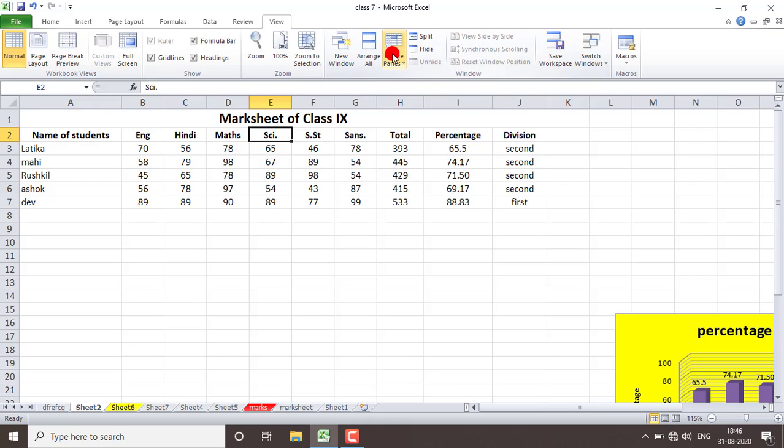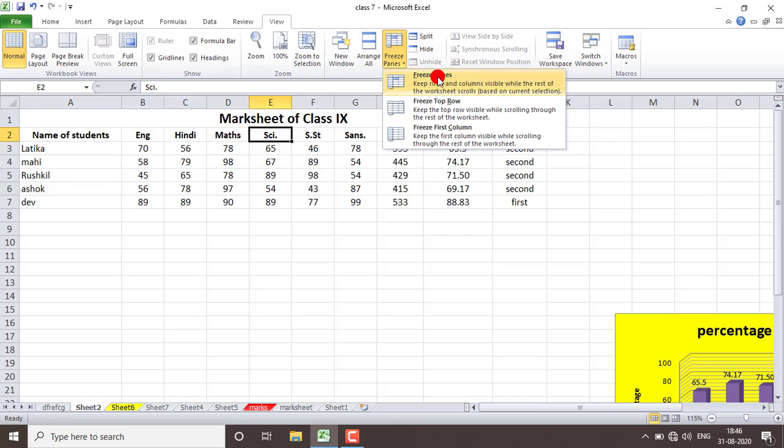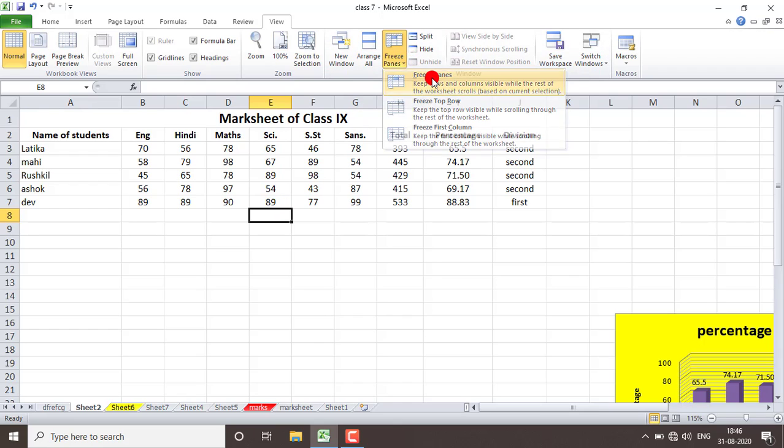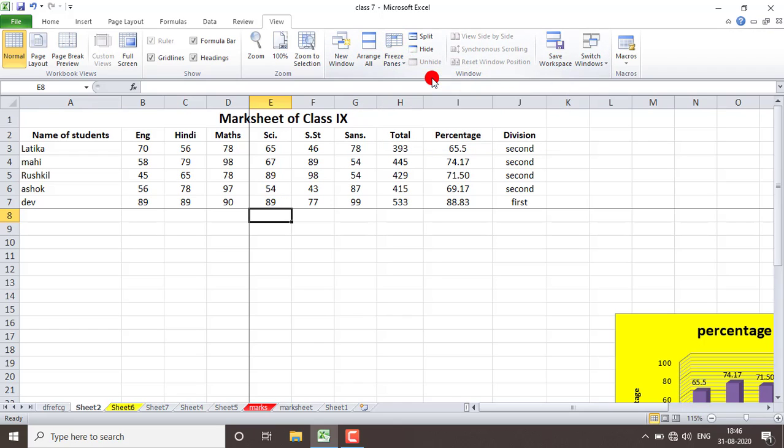Okay, so how can we do it? First of all, let's see. Here we have three options: freeze panes, freeze top row and freeze first column. I think all of you know what rows and columns are. This first line is a row, this first line is a column. Suppose I'm keeping my cursor here. Now if I click on this first option, you can see some lines are there.